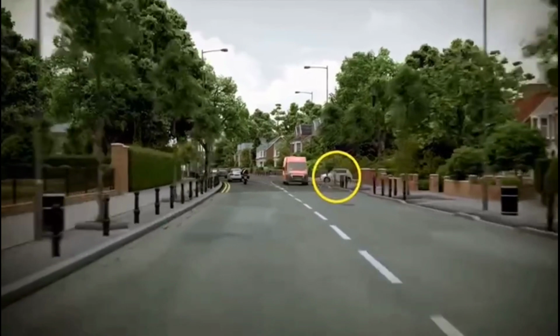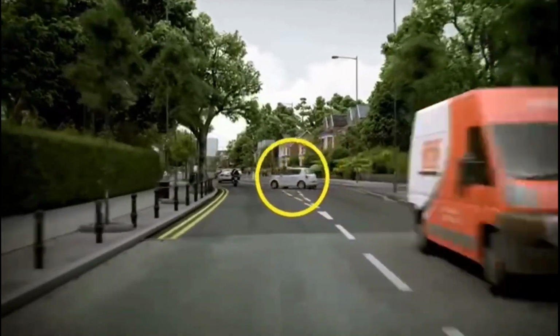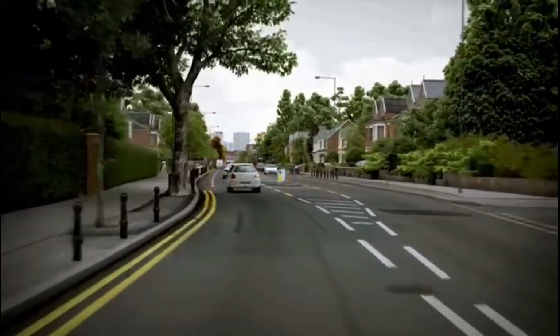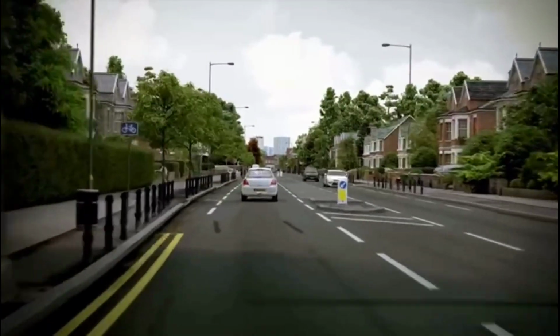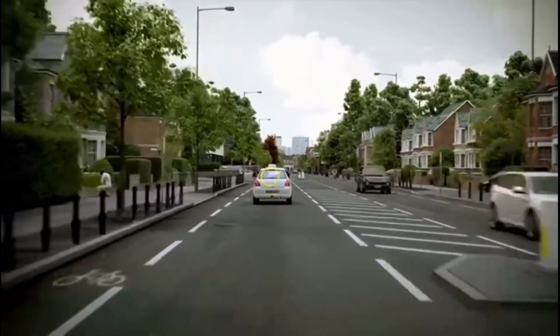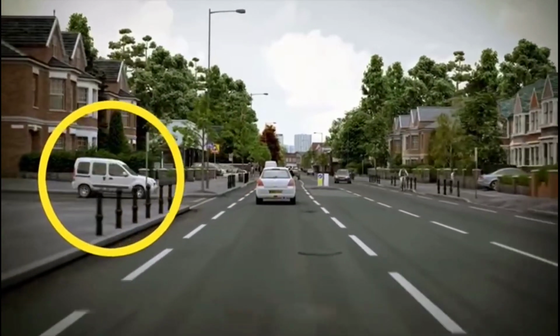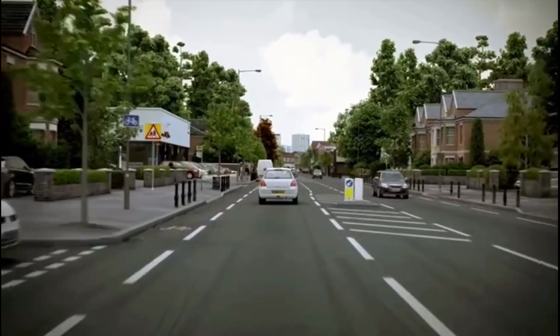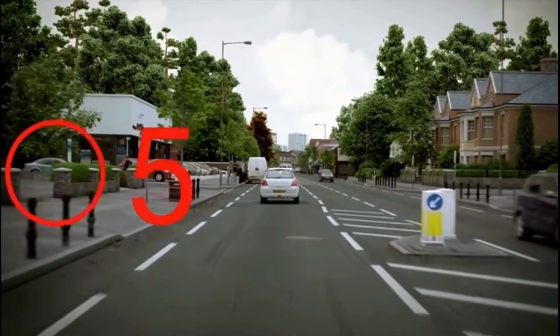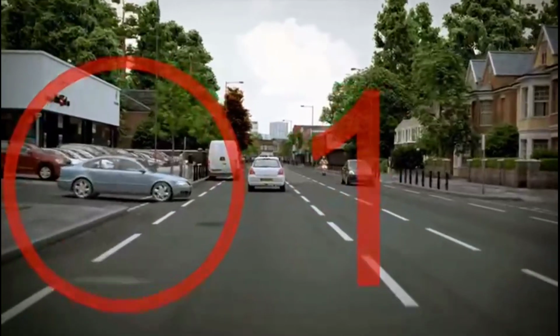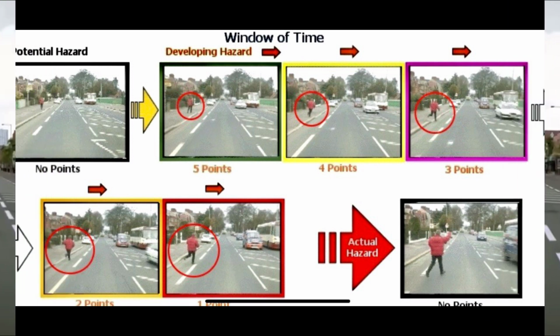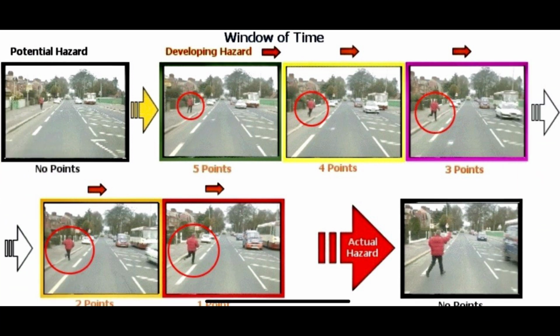Some of these potential hazards will not materialize and therefore you will not receive a score for spotting them. For example, a car is parked at the side of the road and it's not doing anything. It would not cause you to take action, so it's not a developing hazard. But when you get closer, the car's right hand indicator starts to flash and it starts to move away. You would need to slow down, so it's now a developing hazard.